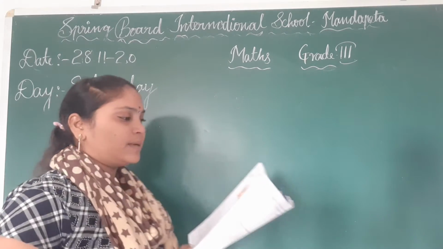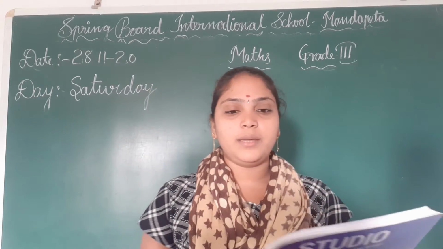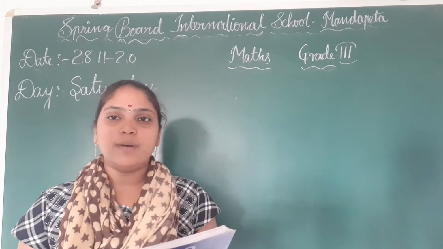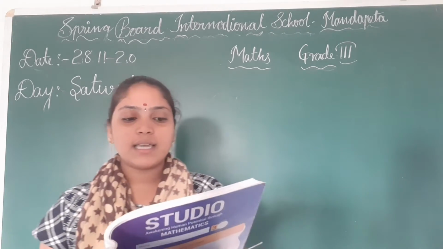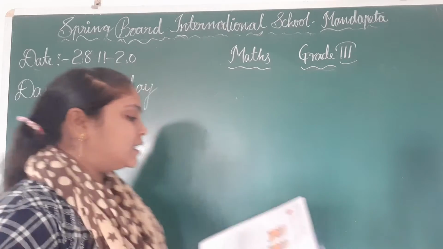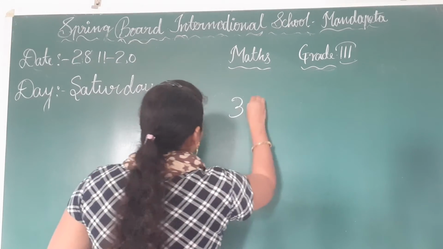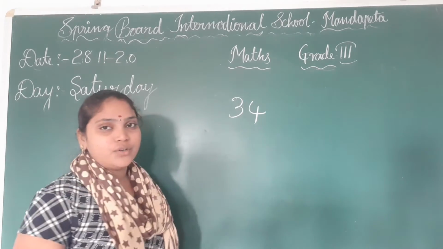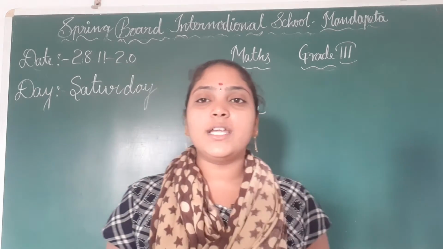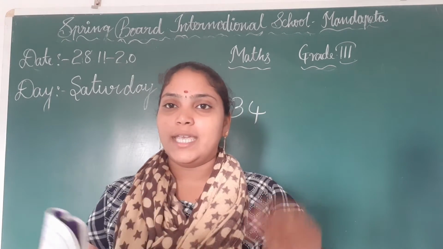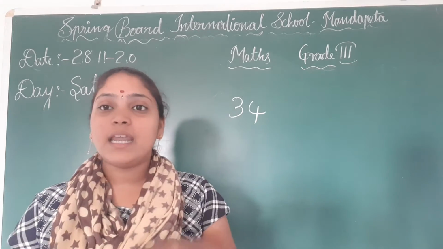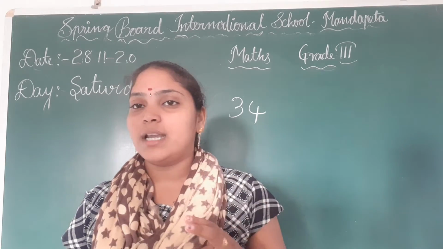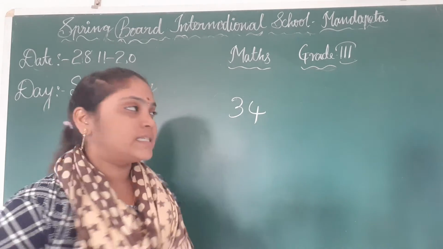Sushan and her classmates are going on a trip to a theme park in 2 buses. In each bus, 34 students are there. So, find the total number of students. In a bus, 34 members are there. And how many buses are there in total? They are going in 2 buses.